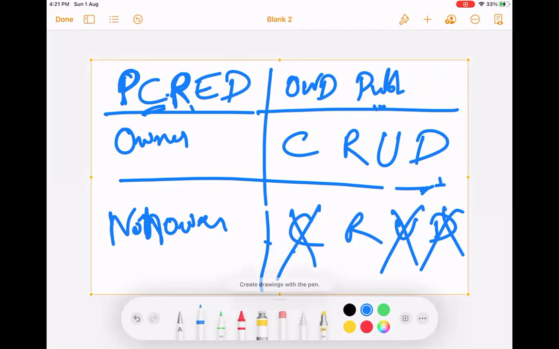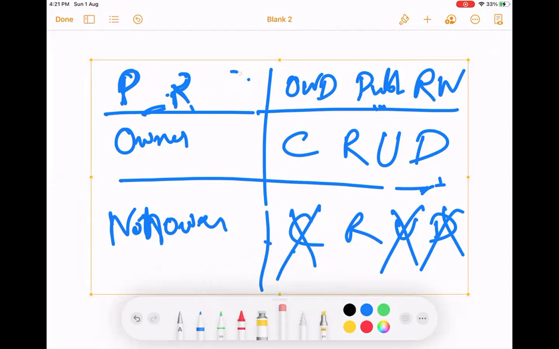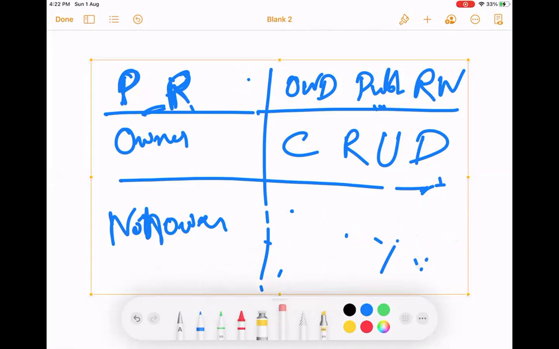Now I change this again. Let's give this the read write permission. I start from scratch again. Only the permission is on the profile. OWD set to public. What happens? The owner and the non-owner both can read the data record, but the rest of the CRUD they cannot.